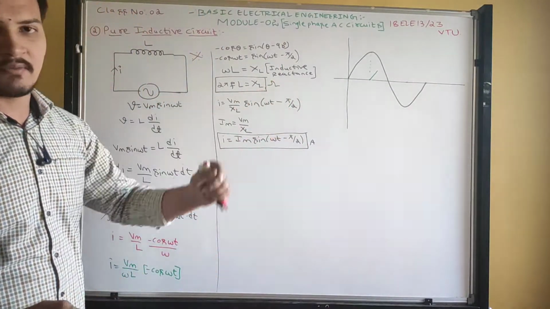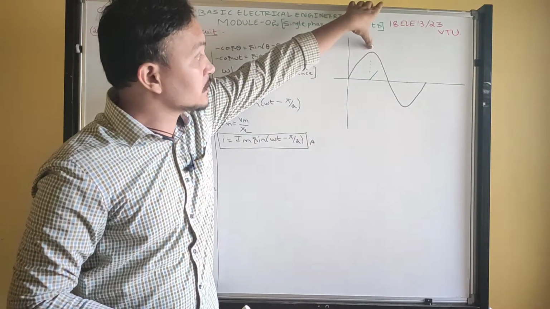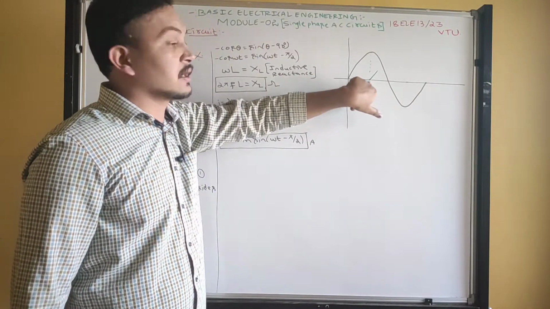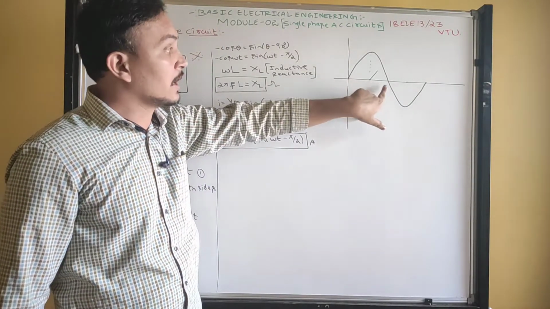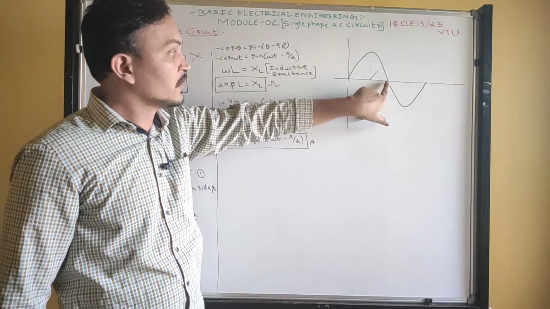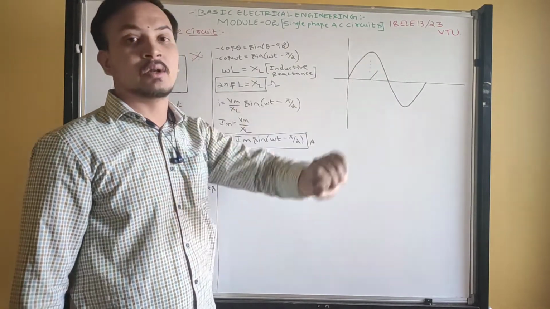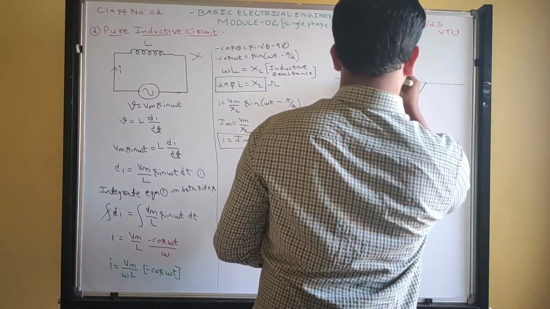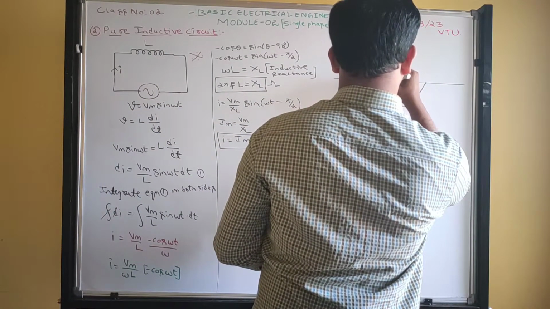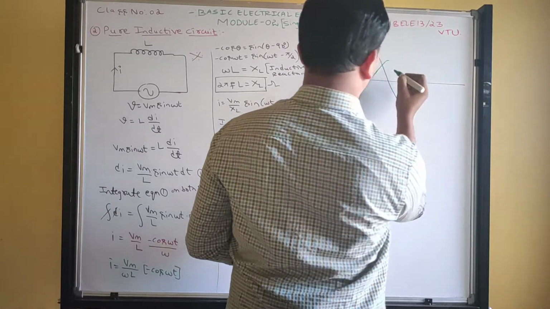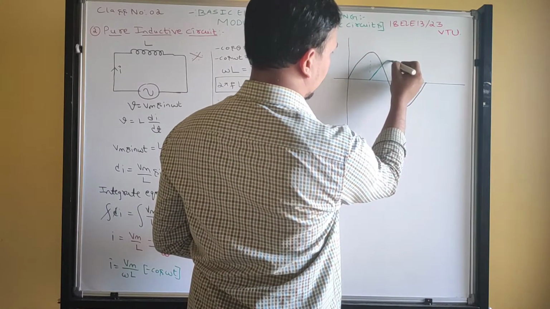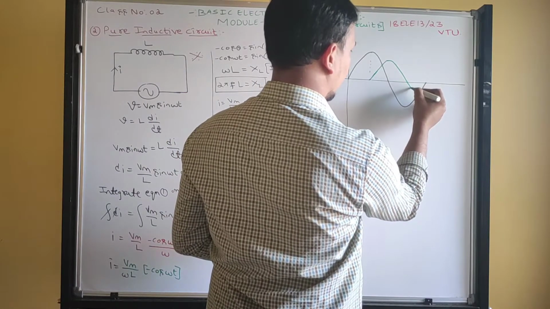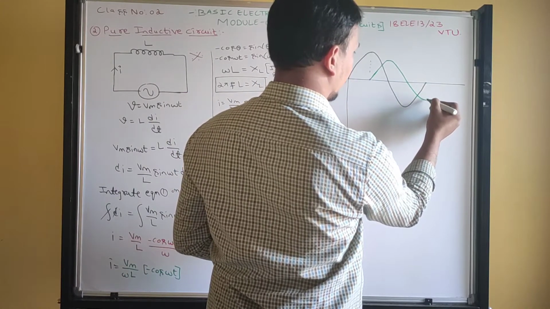See how to write that waveform: where voltage is maximum, at that instant you write the current value minimum. And when voltage is minimum, at that instant you write the current value maximum. Okay, got it? So I am going to write that. So current is maximum, and again current will be minimum when voltage is maximum. So then again current will be maximum.